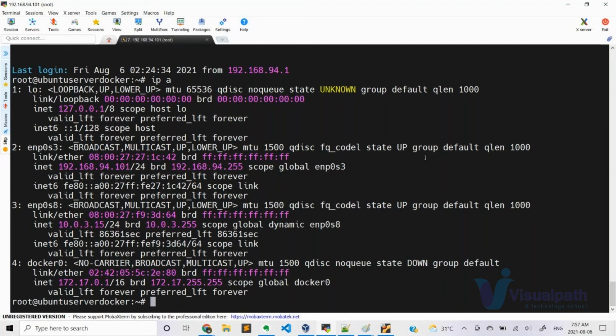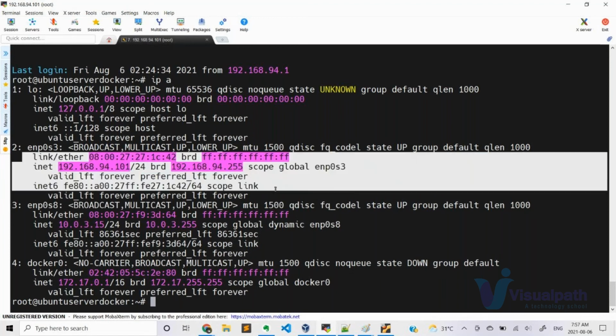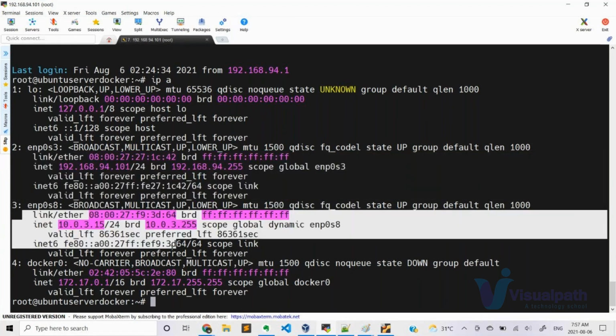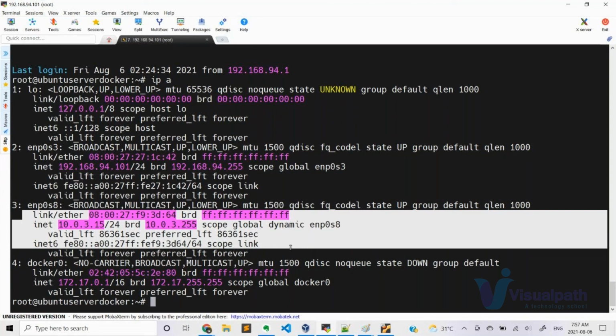It is secured. From my local laptop, if I want to log into my virtual machine, it is possible because I am using this particular interface to connect to this IP address. And for internet connection, it is sending a packet from this particular IP address to outside. So this is how it is. Now, if I don't want to use two interfaces, and I want internet connection as well as internal communication, both satisfied in one particular interface,